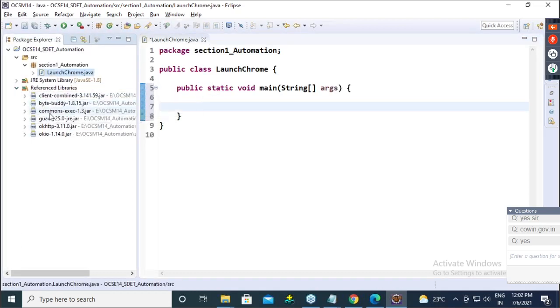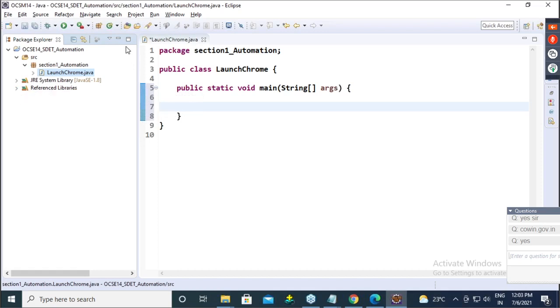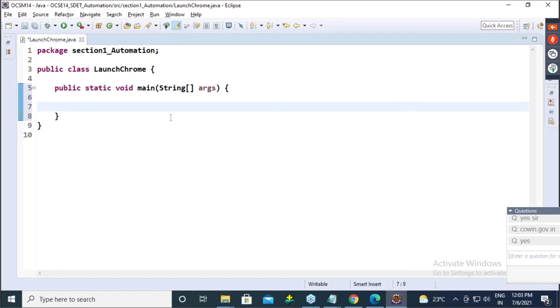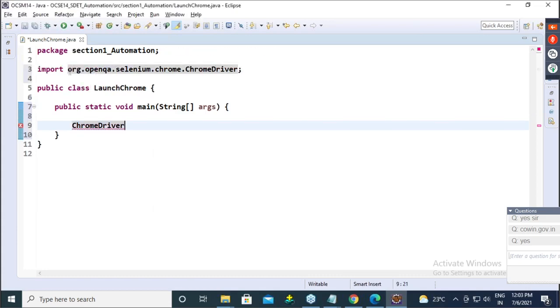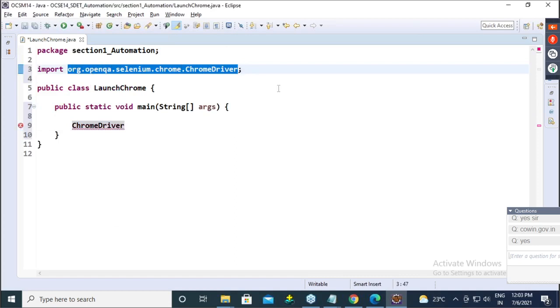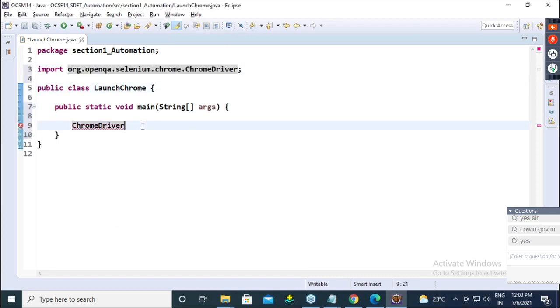In this Selenium jar, there is one class specifically available to launch a Chrome browser. That class is the ChromeDriver class. Can you see ChromeDriver class coming from the Selenium jar? See the import. So ChromeDriver driver equals new ChromeDriver.